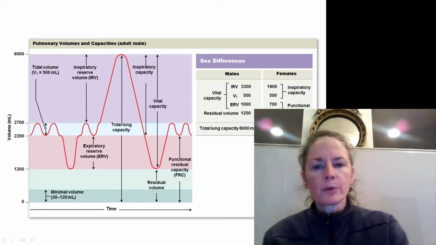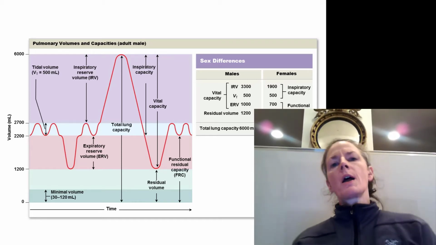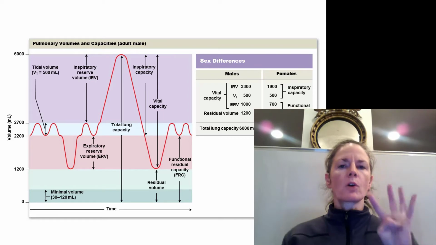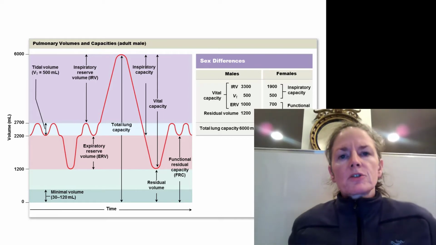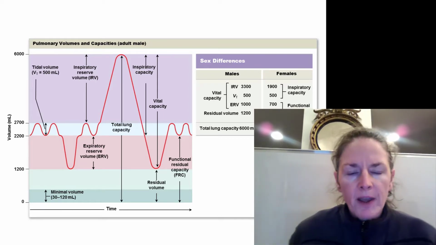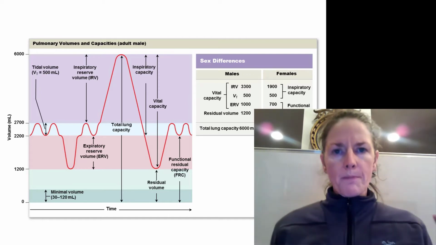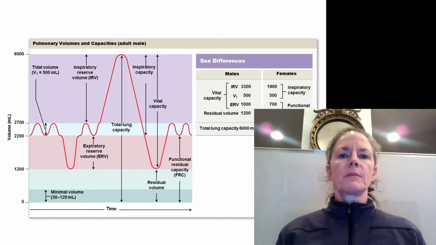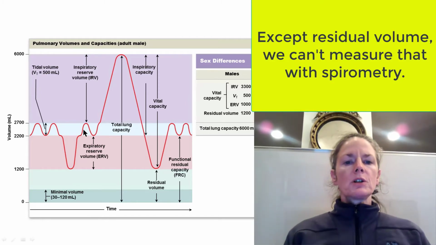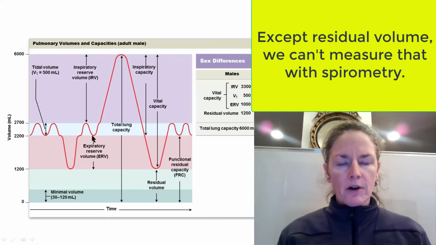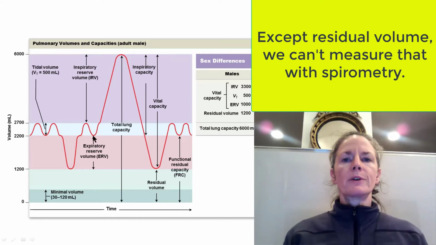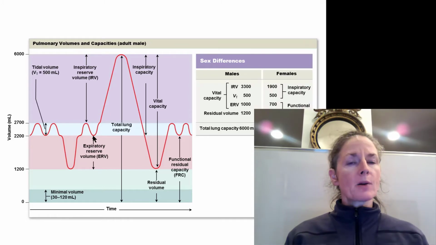For our respiratory lab, we're going to look at 4 lung volumes and 4 lung capacities, and we're going to use an instrument called a spirometer to do this. So we have these 4 basic lung volumes that we can measure very easily, one of which is called the tidal volume,